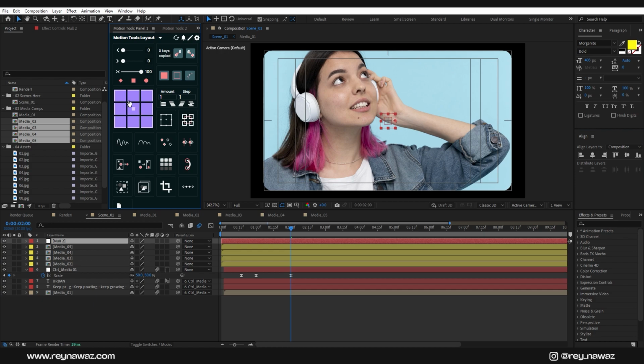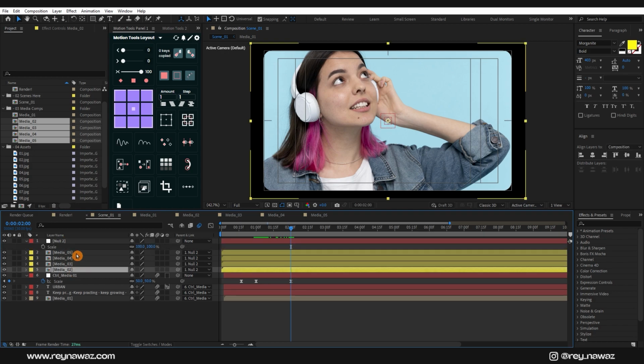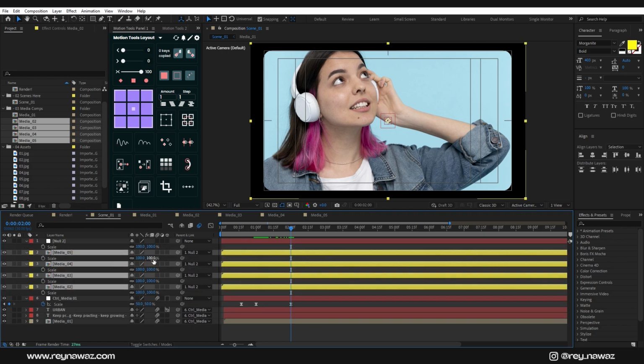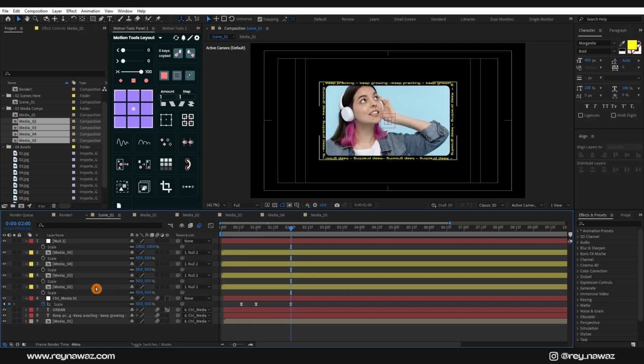Center, right, left, up, down, like so. Keep it into the center. Perfect. Now select these 4 compositions and press S to reveal the scale properties and change them all to 50% like this. Perfect. Now select the second one and go into the align tab and align it to the left side